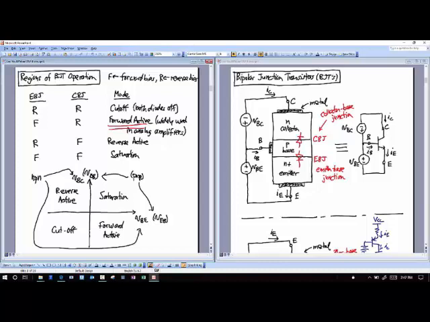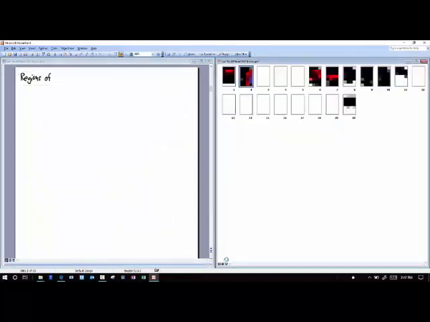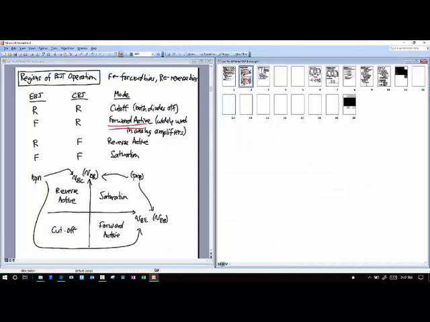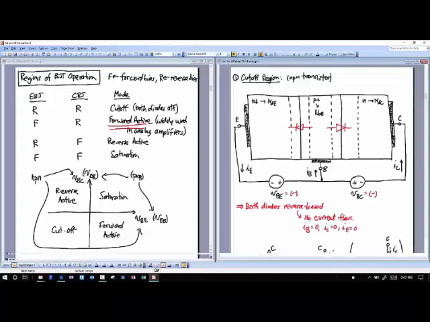Okay? So now let's take a closer look at the regions of operation. And I'm going to do something else now that you always love, which is me using prepared slides for some of this, right? Because this stuff, if I keep drawing, is pretty simple. Well, initially it's simple. You can stare at this for a while here, but I don't want to spend a lot of time writing here. But there's a cutoff region.